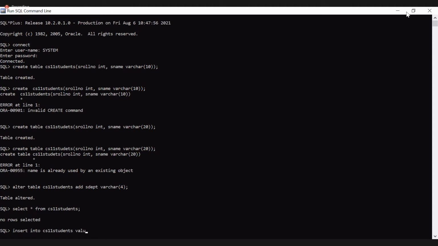Table name, values, and then roll number 1101 and some A. I'll show you next.